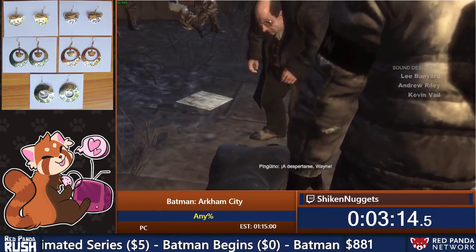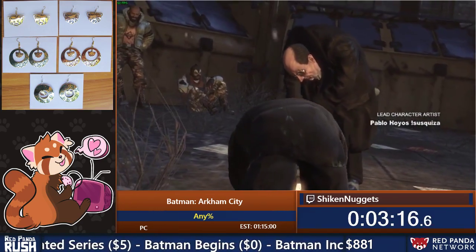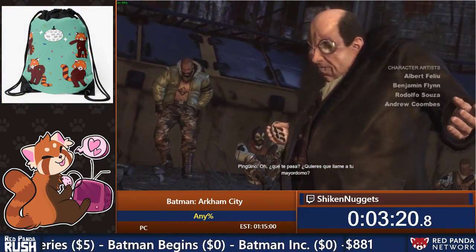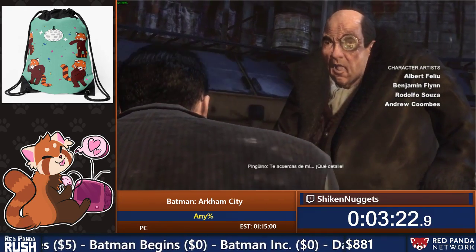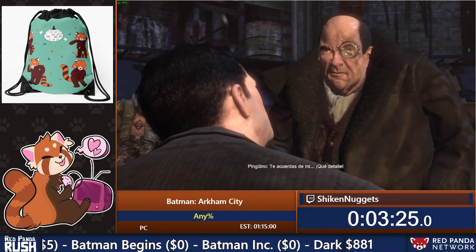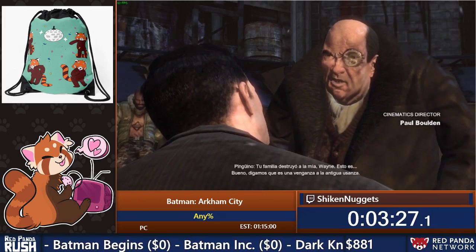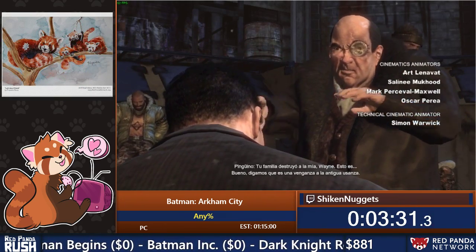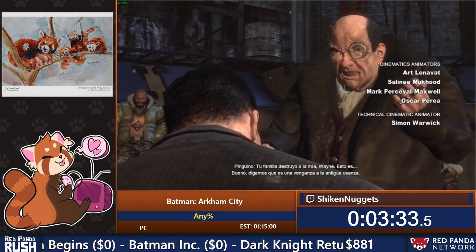A despertarse, Wayne. Oh, ¿qué te pasa? ¿Quieres que llame a tu mayordomo? Cobblepot. Oh, ¿te acuerdas de mí? ¡Qué detalle! Tu familia destruyó a la mía, Wayne. Esto es... bueno, digamos que es una...